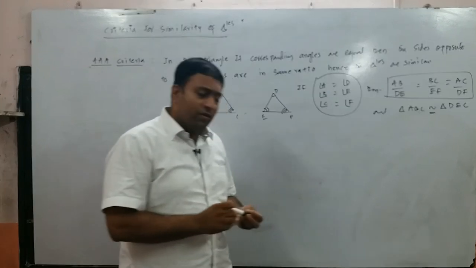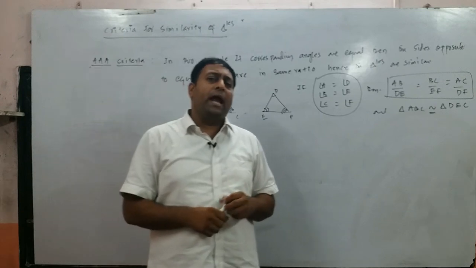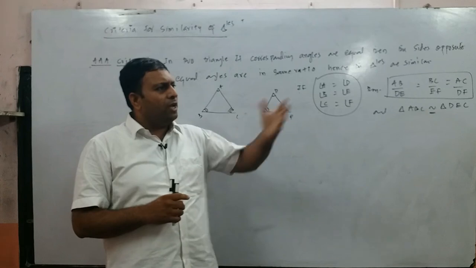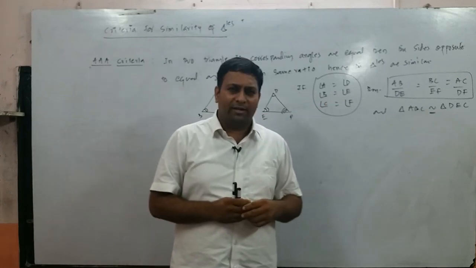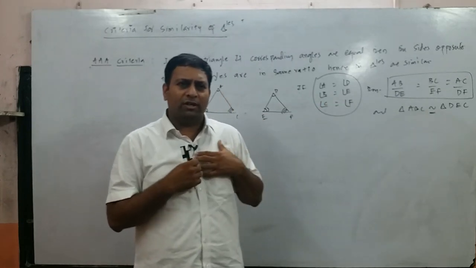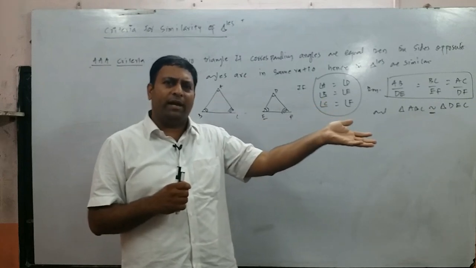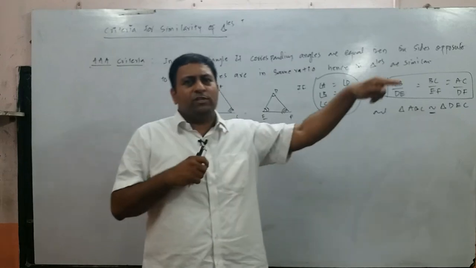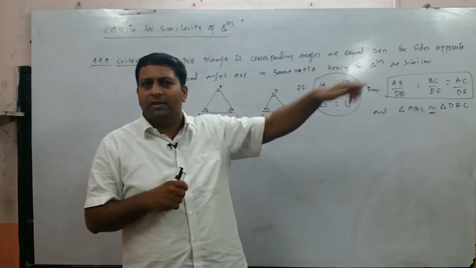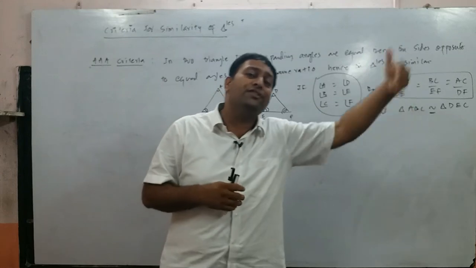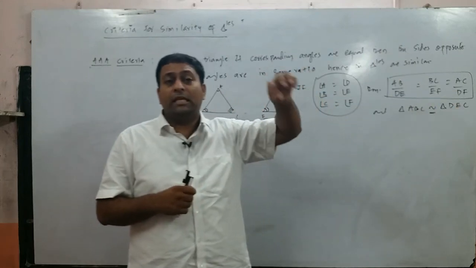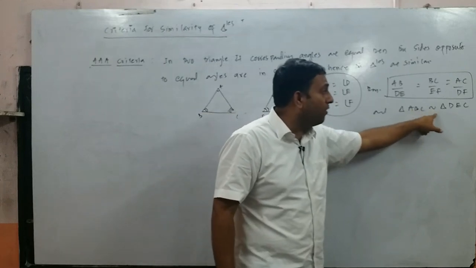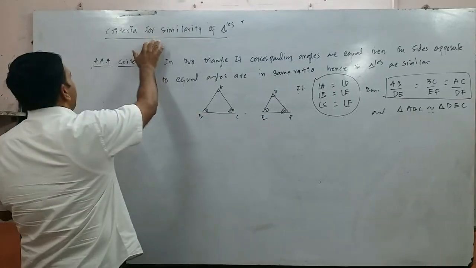See children, there is a lot of difference between similarity and equality, right? You can always say, hey, you are wearing a similar shirt. I am wearing a white shirt, and he is also wearing a white shirt. I should not call it same, I should call it similar. But if he is wearing the same shirt, then the word same will come. So please try to understand the difference between same and similar. So here two triangles will be similar, and this is a symbol for similar. This is the first criteria for similarity.